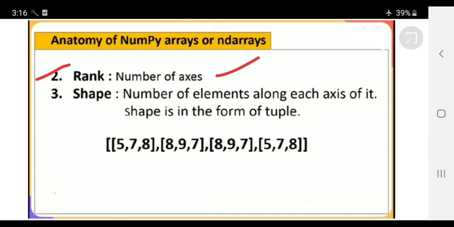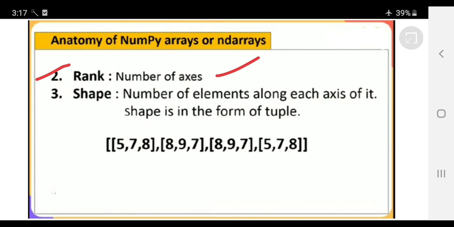So the number of axes is the rank. For example, you have a one-dimensional array. What is the axis? Axis 0. What is the rank? Rank is 1. So simply we can say rank is the number of axes, but in general the answer will be that rank is equivalent to the number of dimensions.